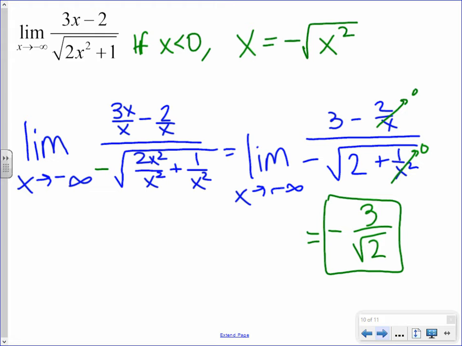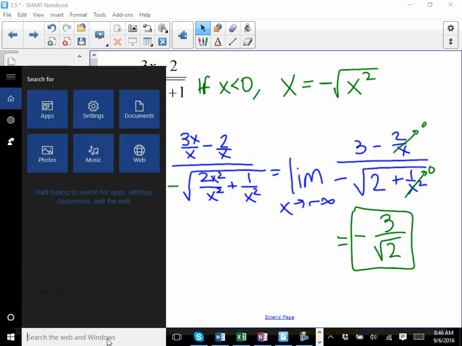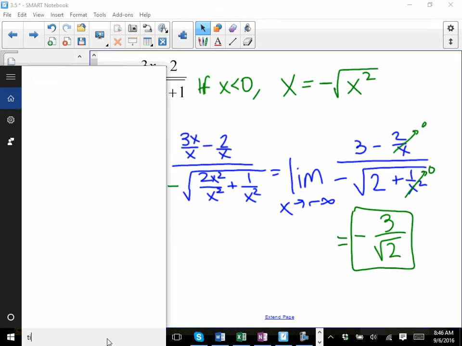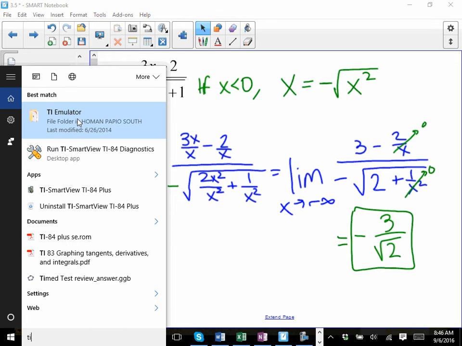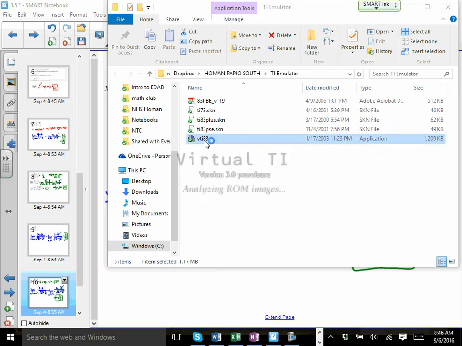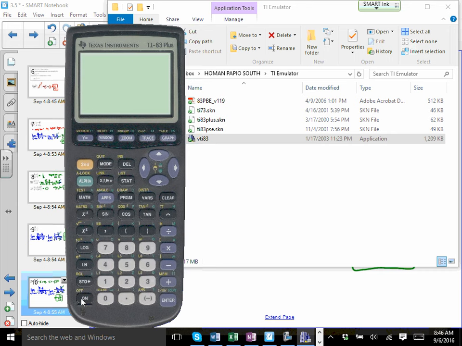Let's see if I can get my calculator to pop up here. Help me out. What was the function? x minus 2 over radical 2x squared plus 1, minus 1, plus